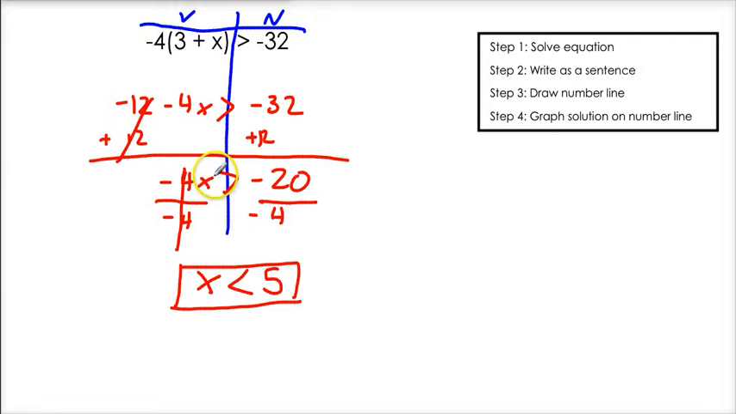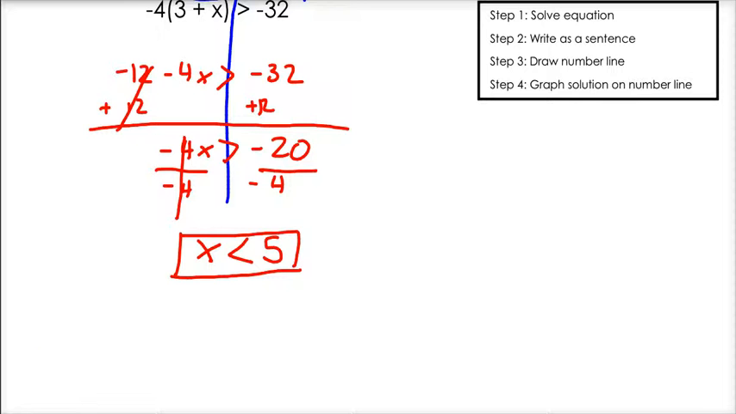I'm going to say that one more time. When you divide by a negative, and only when you are dividing by a negative, you switch the sign. And that's it. That's huge. Got me? So, we're not done yet, because now we got to graph our inequality,